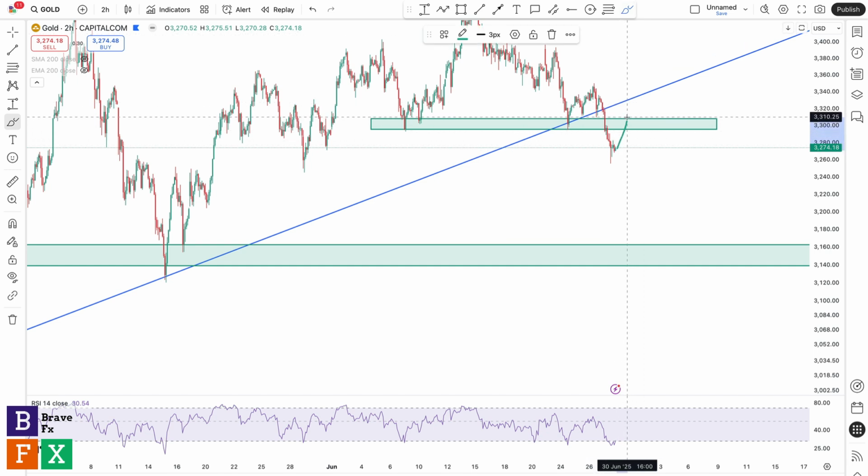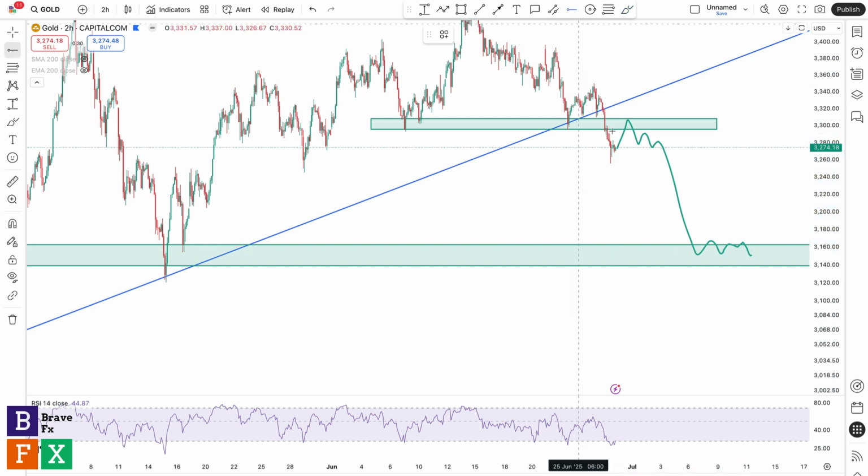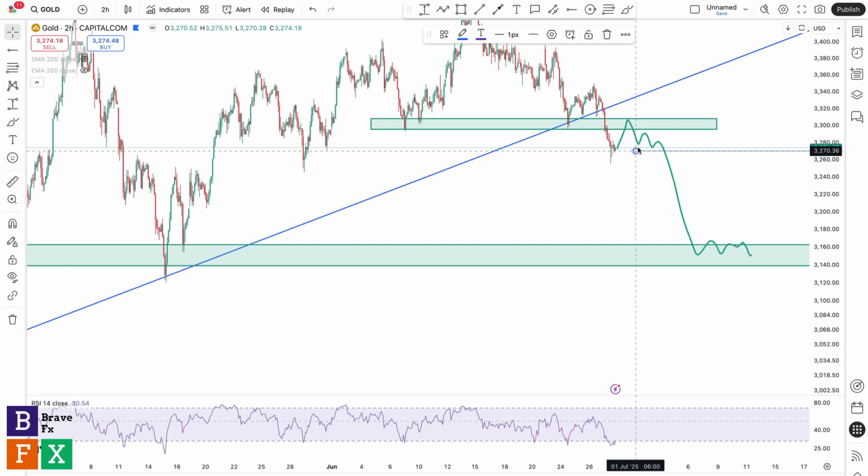If that happens, that'll be my confirmation to go short on a reversal, aiming for this area of value over here as our take profit target, right? That will be entering after the retest. So potentially, after a retest and a breakout of structure to the downside, the stop loss is going to be above the consolidation leading to the breakout, or it could be as high as this price level, depending on your